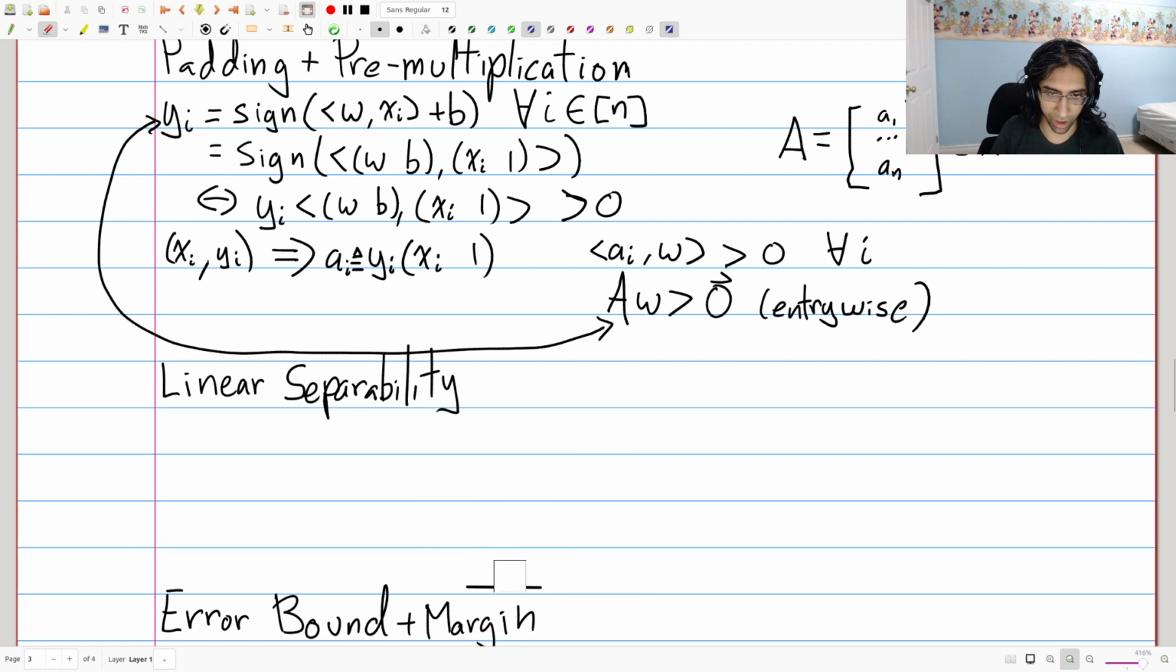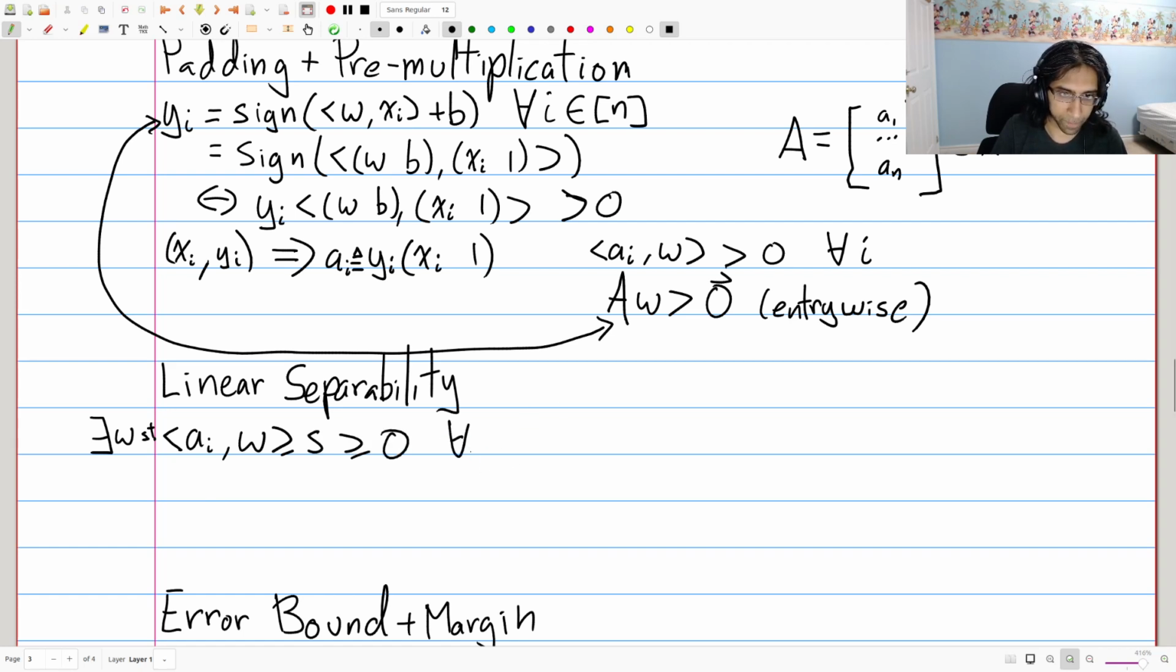But okay, let's talk about what linear separability means mathematically. So linear separability is the following guarantee. For the rest of this lecture, we're going to use this type of representation, this A, which does the padding and pre-multiplication. We say that a data set is linearly separable if there exists a W such that A_i inner product with W is greater than or equal to S for some S greater than 0